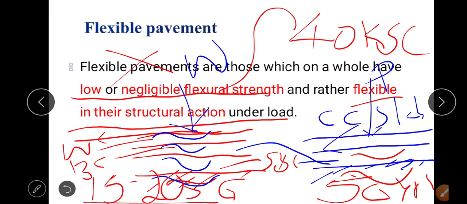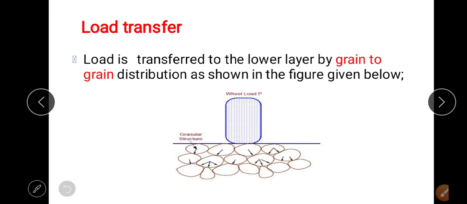But I have given the practical example that is in front of our eyes where we are staying. Why should we go to some other places, saying this place and that place? We should not say that when it is available in front of our eyes. Okay, that is about the differences between flexible pavement and rigid pavement.